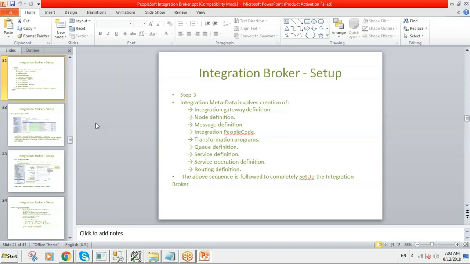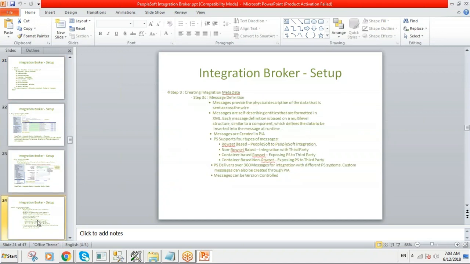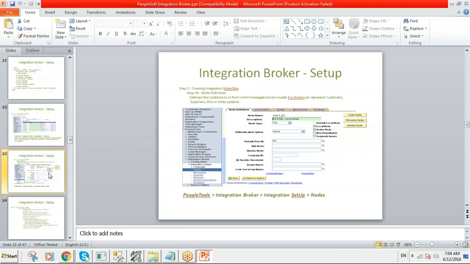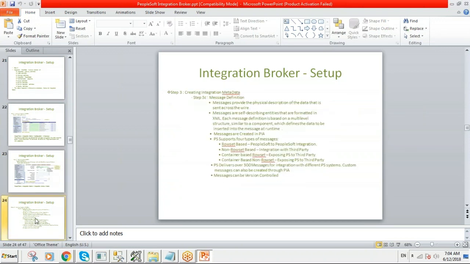In the integration broker, in the last session, we discussed the architecture of the integration broker and the basics of the setup. Now, from a developer's point of view, what can we do here? I already told you the gateway definition and nodes, these two can be done by DBAs. Now coming to the message,